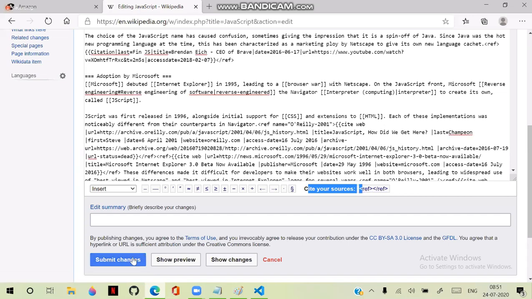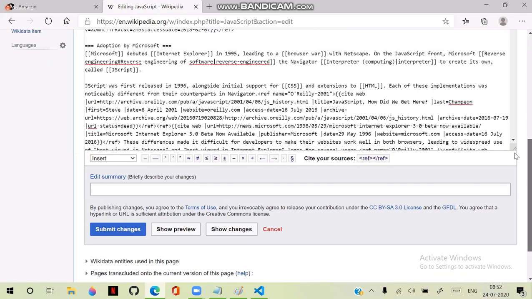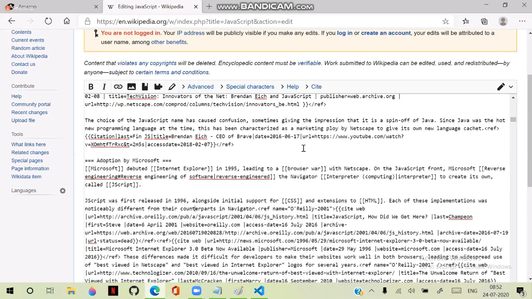You submit the changes, their admin will verify those changes, and if they are appropriate, they will allow them. That is actually the concept. So technically, when we are designing such wikis, we should allow them to make changes.